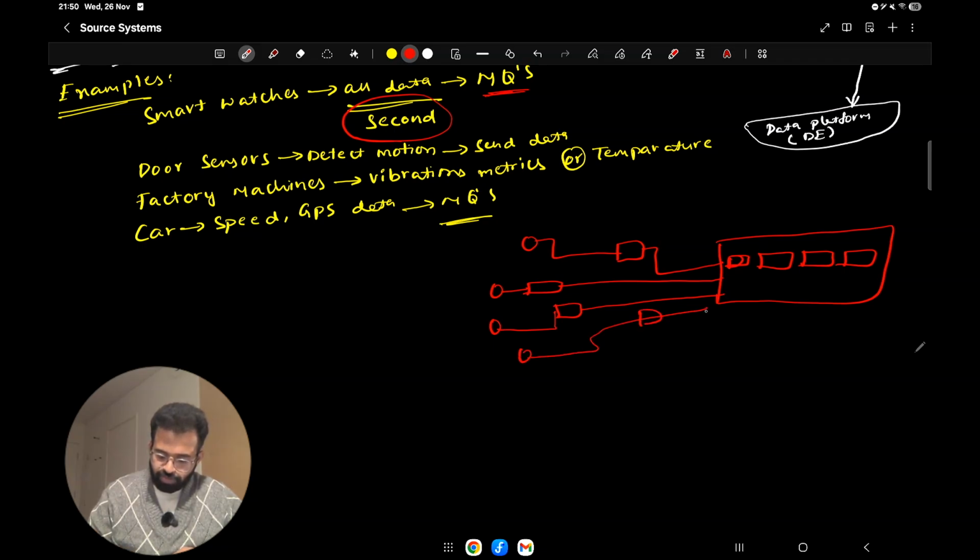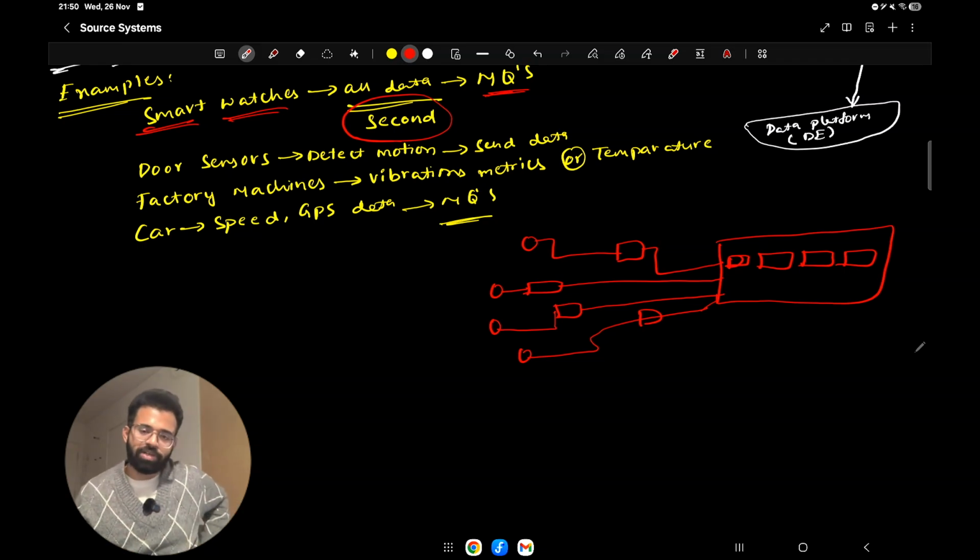For example, let's say we are talking about smartwatches as a device. Then imagine how many smartwatches there will be in the world, how much data they will be capturing every second or every minute, and how much data they will be transferring to the message queues. Okay, so it's really important to understand this distinction.